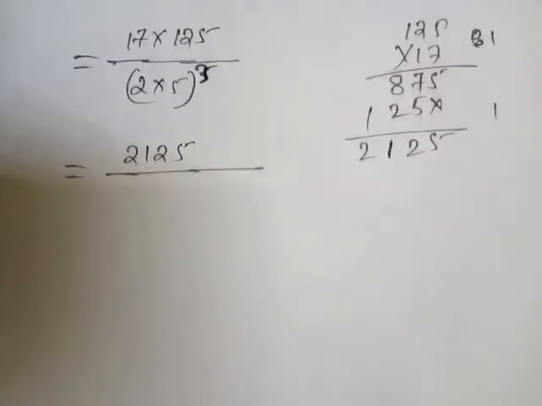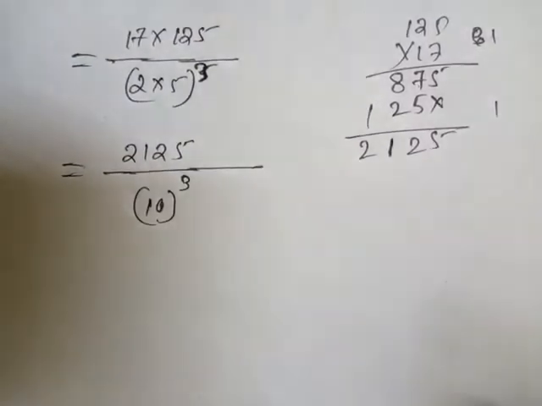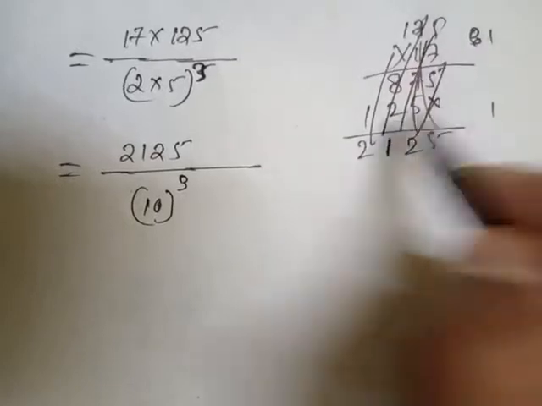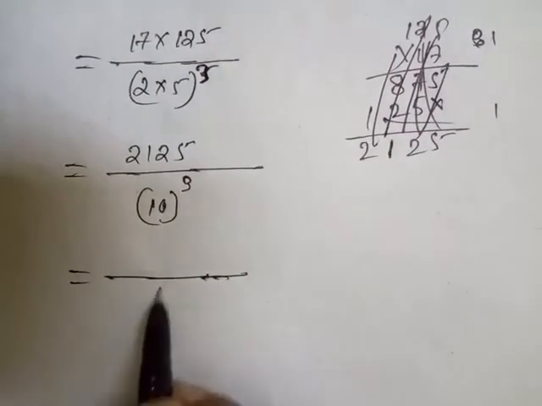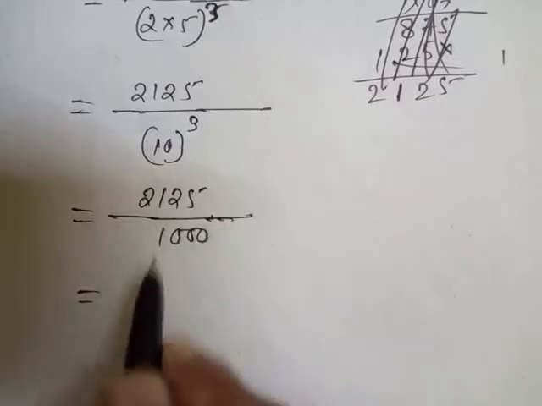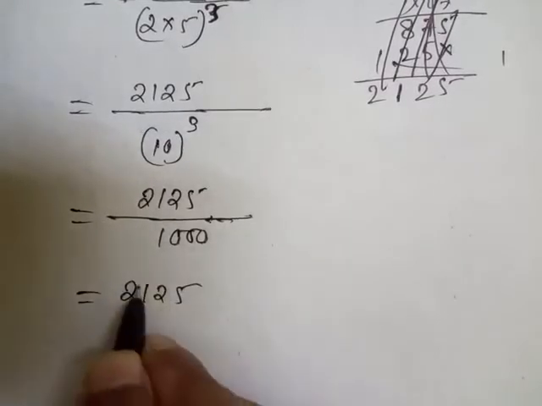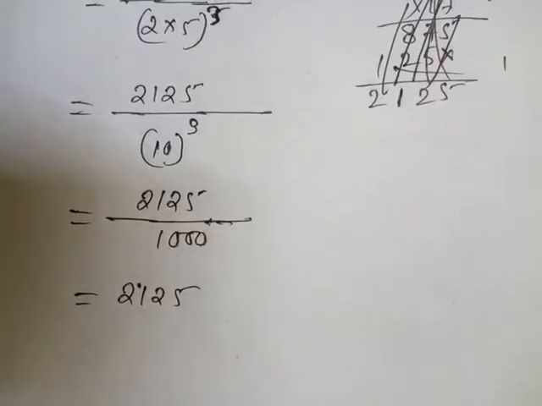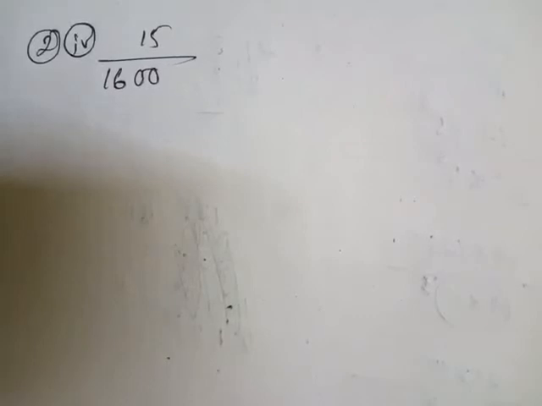Now next would be 2 into 5 means 10 cube. If it is 10 cube, now I am striking out this rough part here. Now if it is 10 cube, then 10 means 1000. So 2 1 2 5. Now look, next would be 2 1 2 5, 1 2 3, 3 decimal point, which means 2.2125 is the answer. Now look student, next one is 2 Roman 4.